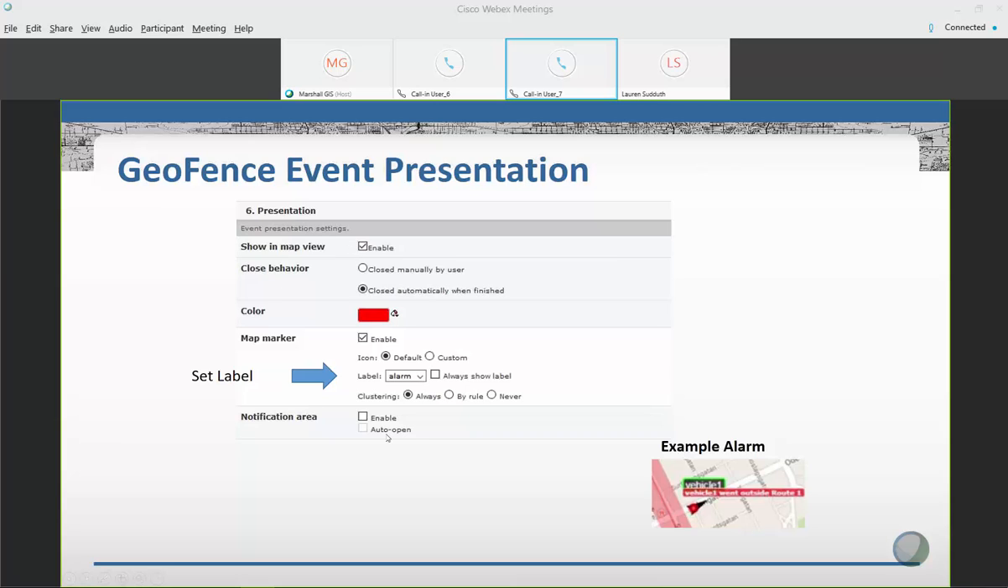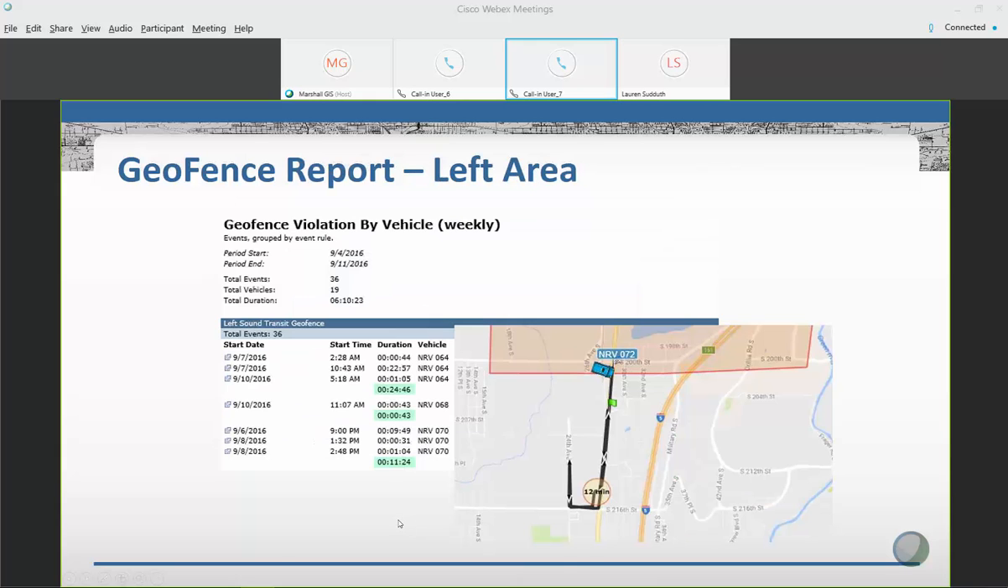Same thing with the presentation and how it's displayed. You can decide whether you want that sort of event to show. You can set up labels on how it's displayed when it occurs. So this example on the right is left a route geofence, for example,